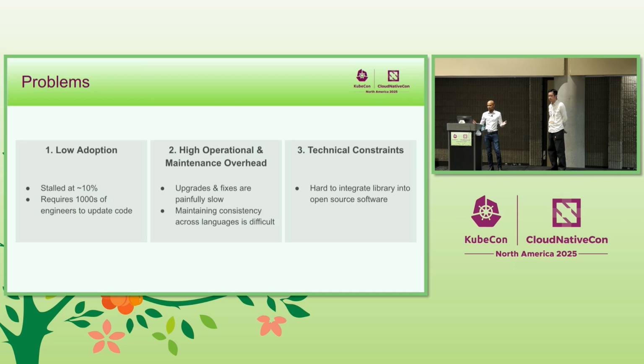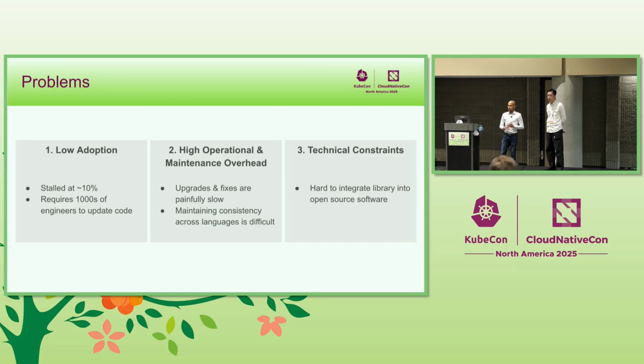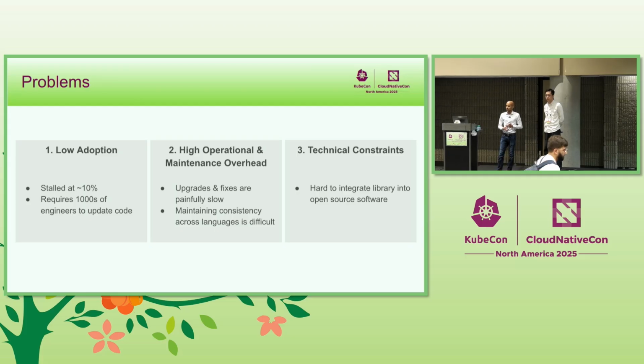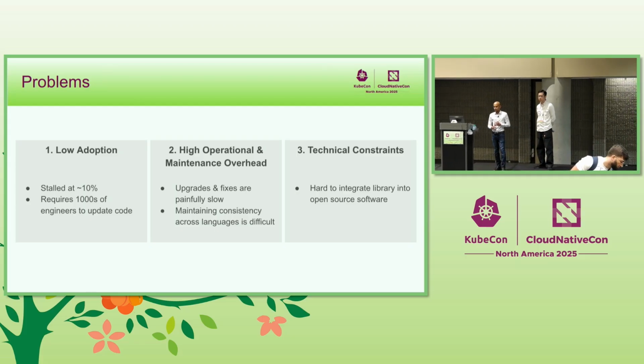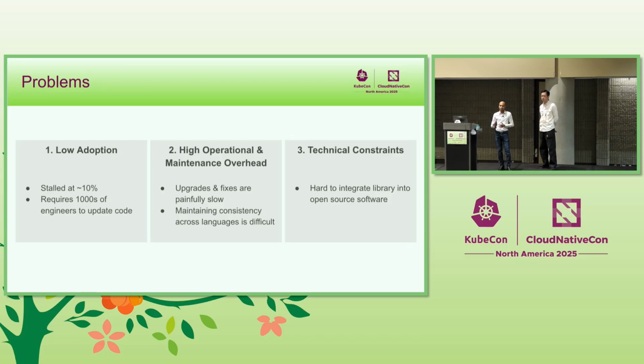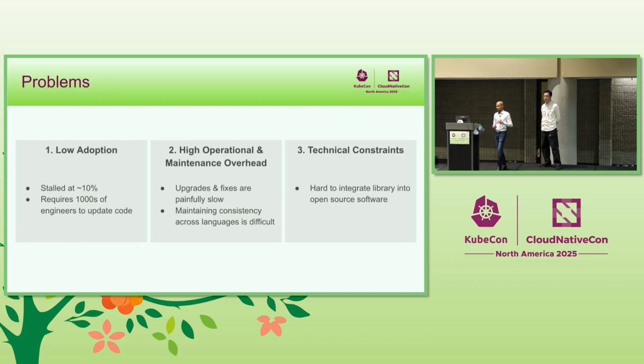So it was also inconsistent. Some metrics went missing and a few other issues as well. The third one is around the technical constraint with open source systems. When I spoke about the landscape before, we have multiple open source systems that we leverage for scaling the Uber tech stack. Some of these open source systems are pluggable and some of them are not. So it became incredibly hard to actually adopt a library-based solution in some of the open source systems, and that was a technical blocker.